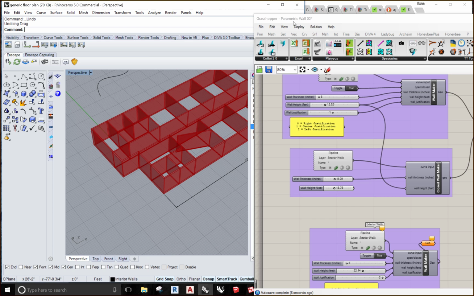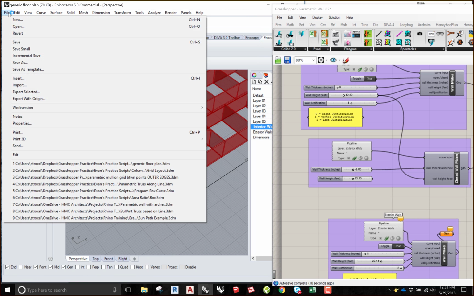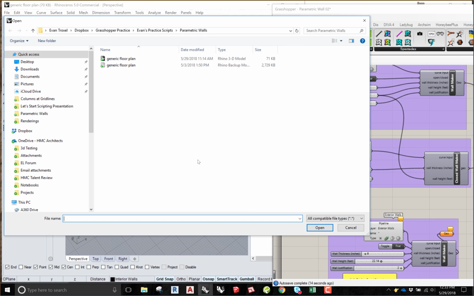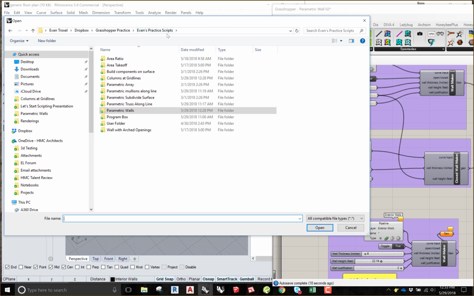All right, so this is one example. Let's go ahead and look at another. It works for curved walls, straight walls, it doesn't matter, okay? I'm going to open up a truss here that I made. Okay, so